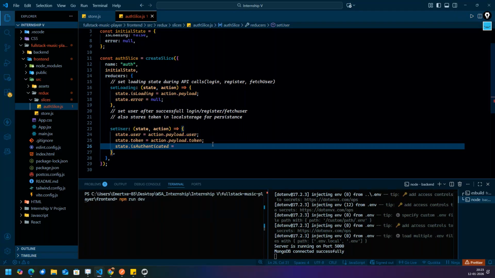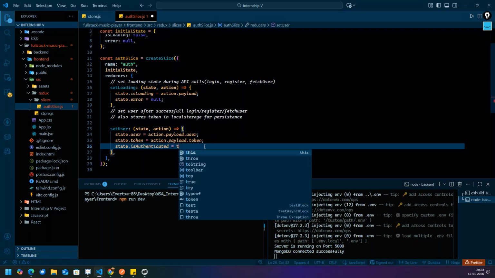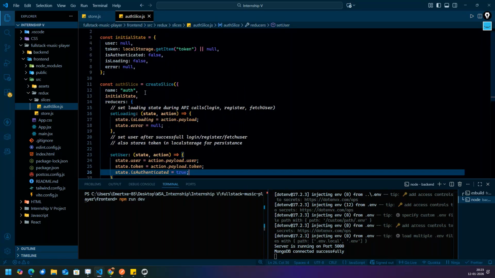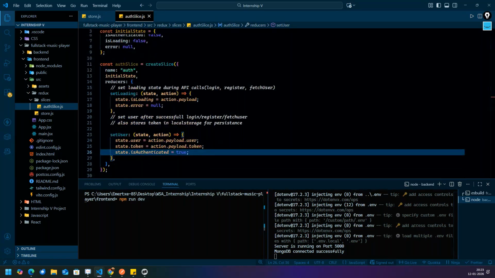What about others? Yes, Pooja. Very good. True, true, true. Yes, Atharva. Thank you. Krishna. True. So like this, please engage, guys. So yes, state dot is authenticated will become true. Fine. Yes, Mahima. True. Thank you, Tara. True. Yes, it is true.